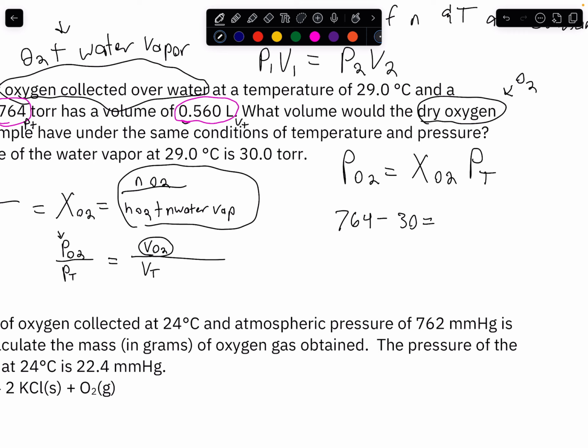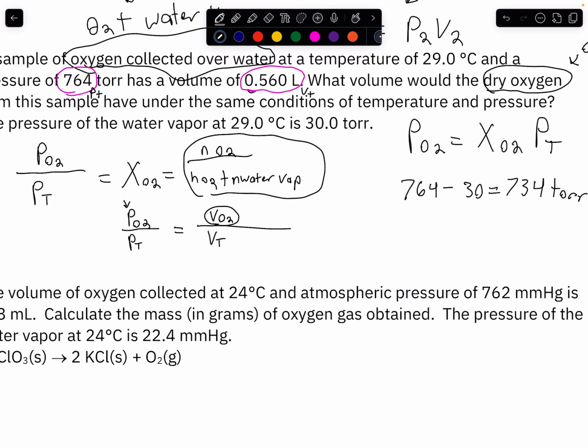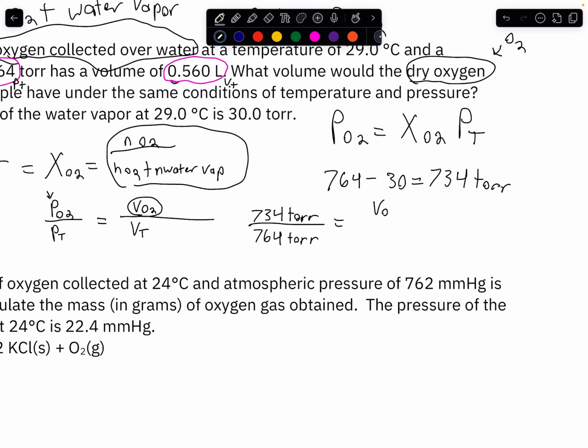So that's going to give us exactly 734 torr. So now we have all of our variables. We can plug them in. And so we have our partial, which is 734 torr, over our total, which is 764 torr, is equal to our V of O2 over our V total,